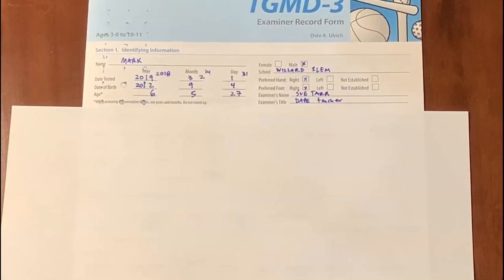Just a little sample data here for a student I named Mark. The date tested was 2019, the 3rd month, the 1st day, so March 1st of 2019. His birthday was 9/4/2012. And to determine the chronological age, we simply do some math. We take away the birth date day from the date tested day, the months, and then the years. And so we work from